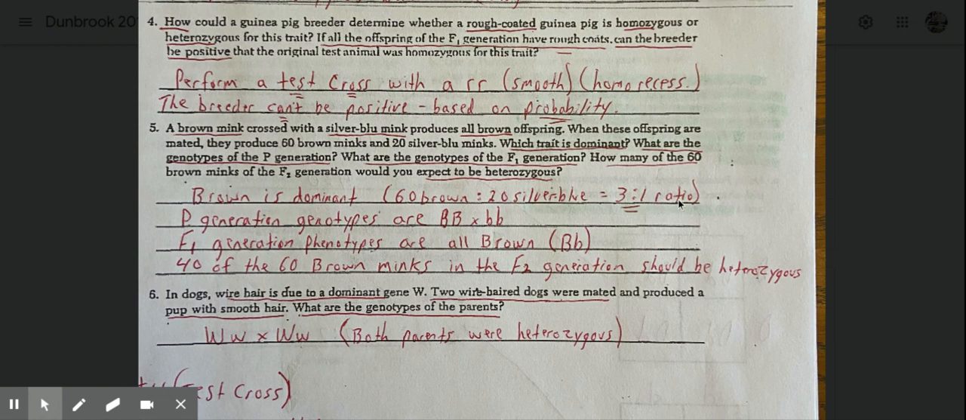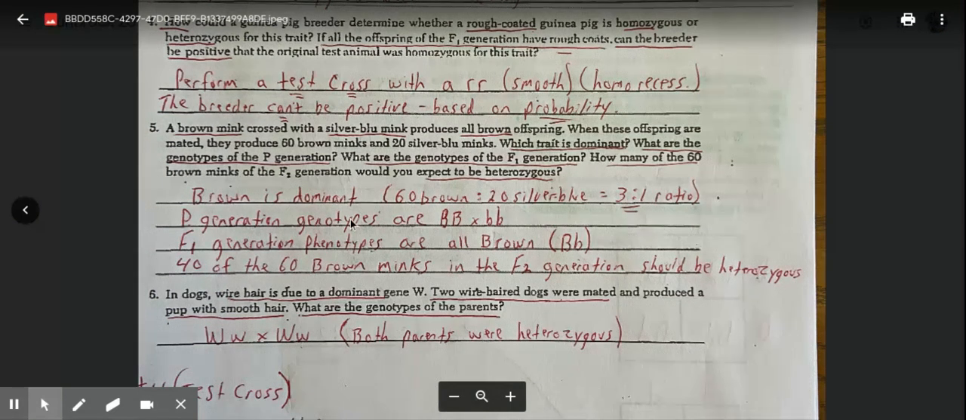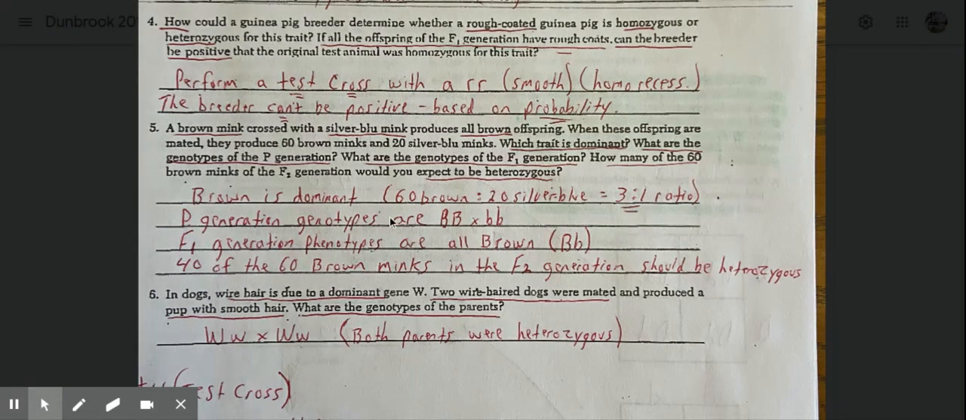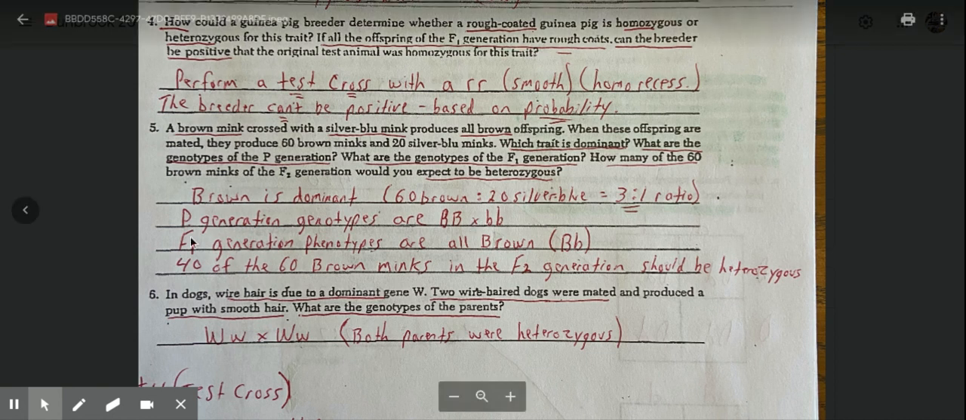Keep that in mind. The P generation genotypes, the original parents. In order to get these kids here, in the first generation, the parents must have been big B big B times big B little b. That's what it had to have been. Otherwise, we would have seen different ratios. The F1 generation, remember the first set of kids, phenotypes were all brown. They told us that anyways. And finally, if you look at the 60 to 20 ratio,